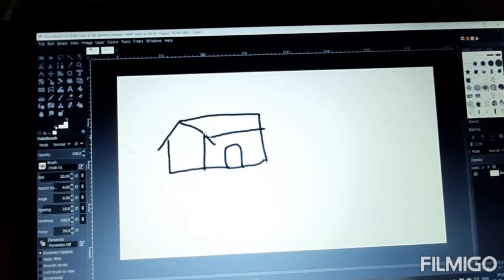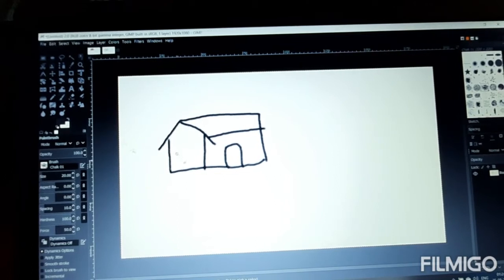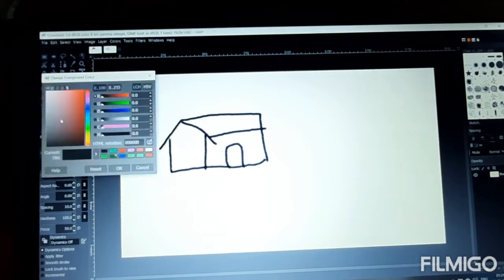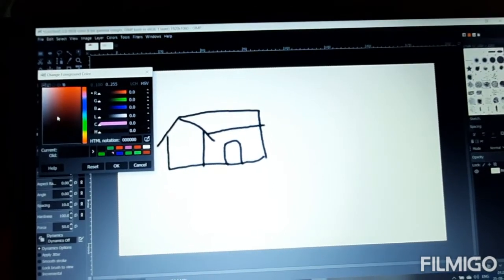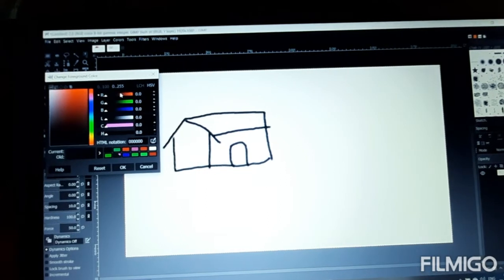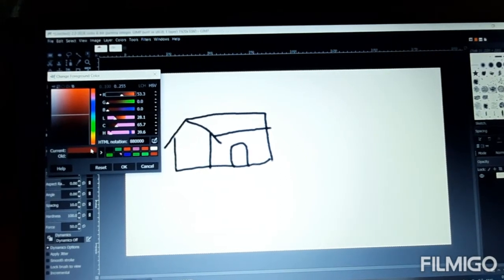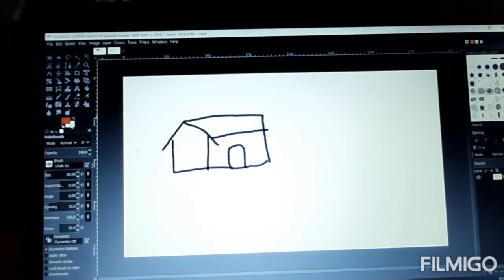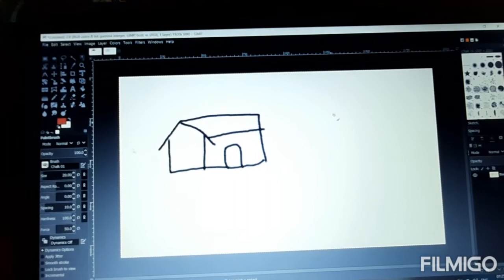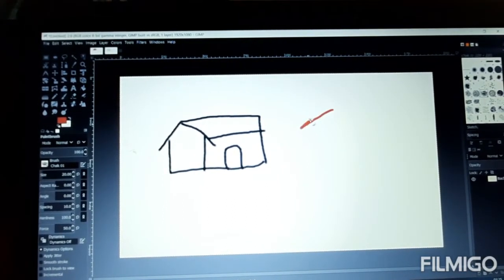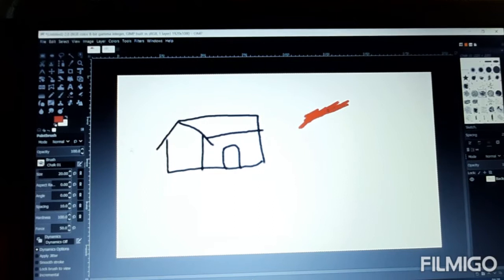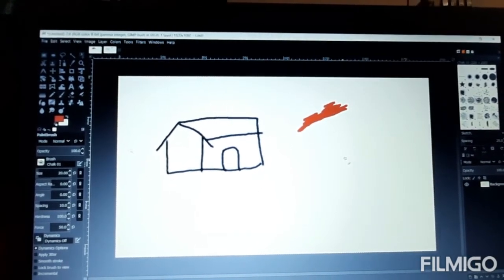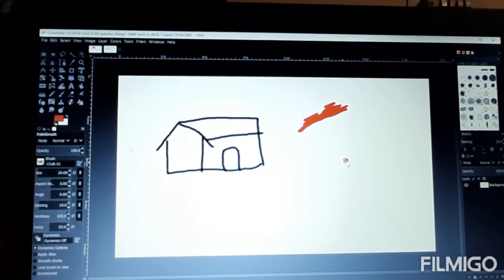So now if I would like to change the foreground color, what I will do, you can see these boxes. I have to click over here to change the foreground color. If I wish to add red color, I'm choosing red from here and I'm just clicking over here. Okay, so now the foreground color is red. What is foreground color? Just see, it is the color from which we are drawing. Now if I would like to draw a flower, I'll just draw a flower now.